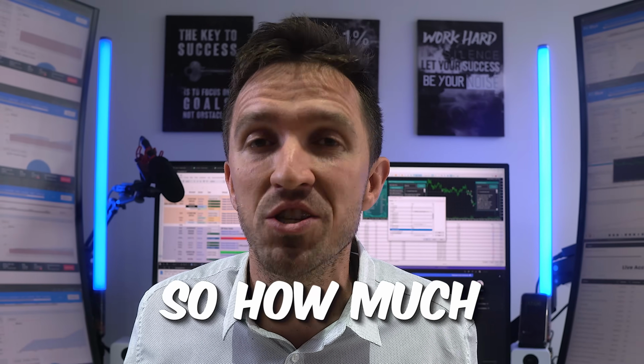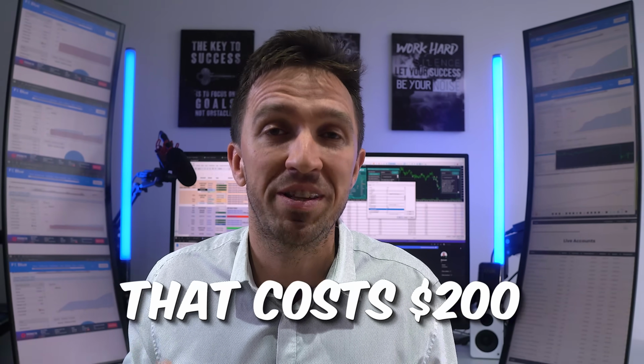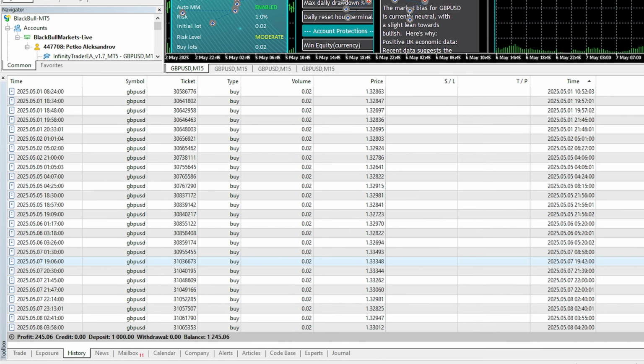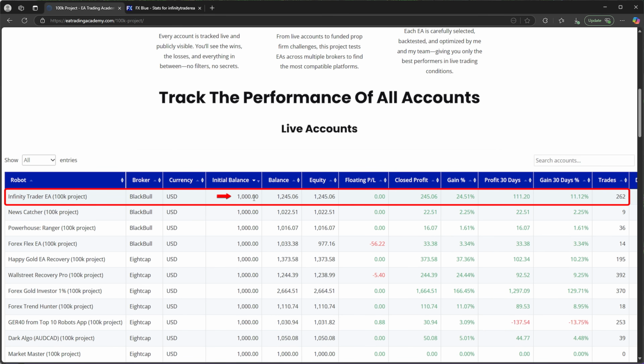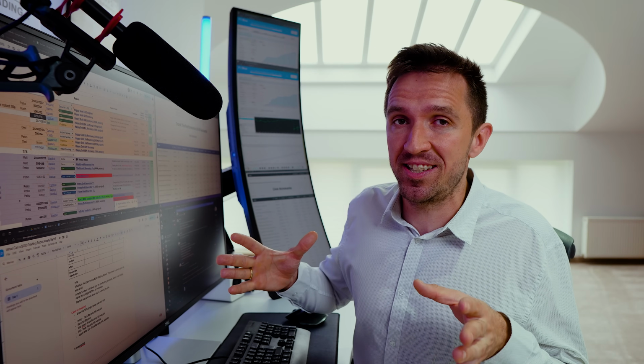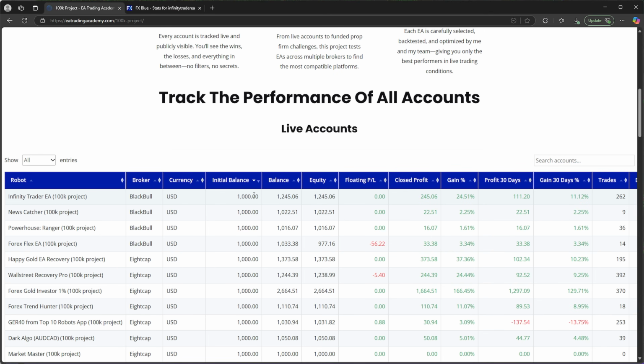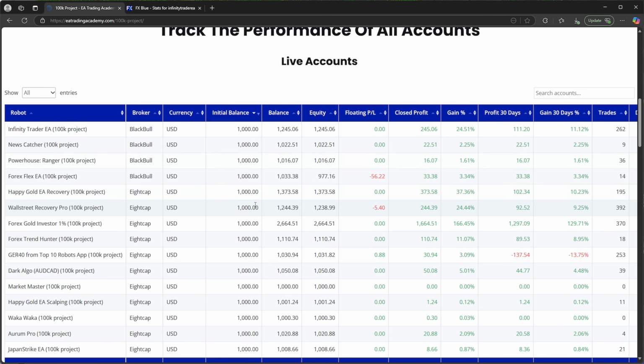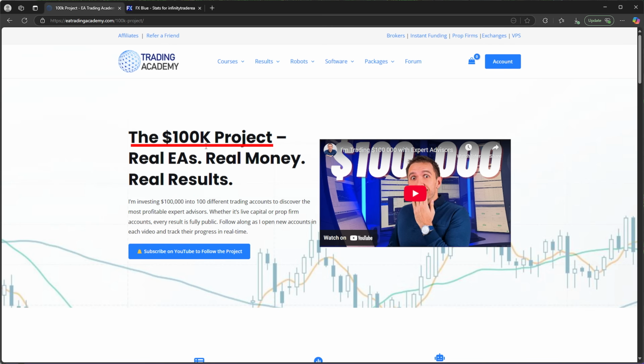So how much actually can you earn from a robot that costs $200? One more time, I've made above 20%, this is $245 in an account where I'm risking $1,000. And obviously, if this was a 10k account, I would make above 2,400. If it was a $100,000 account, I would make above $24,000. And the reason I selected to start all of the accounts with $1,000 for the 100k project is because